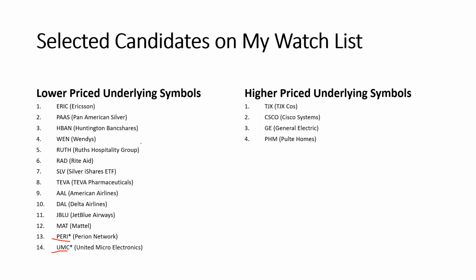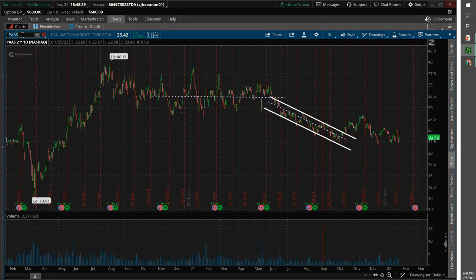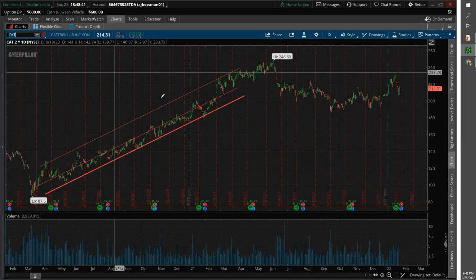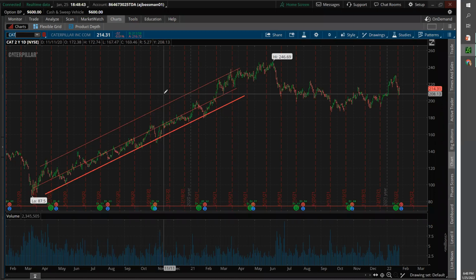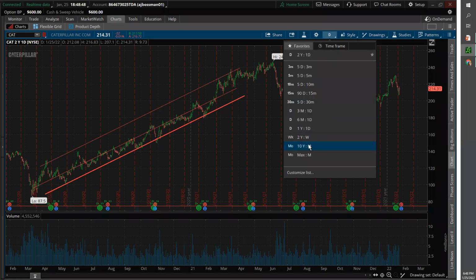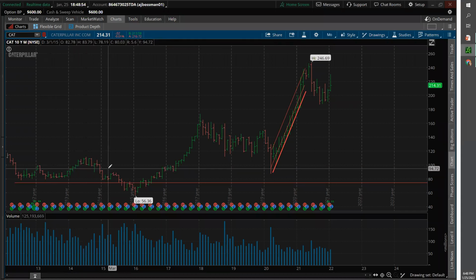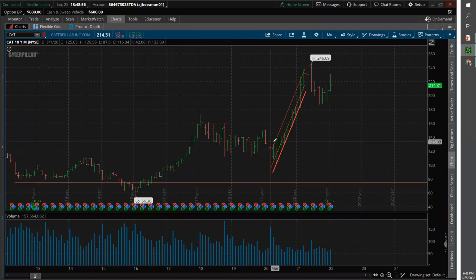Caterpillar is up; you need to have a fairly large portfolio to sell premium against Caterpillar these days, but I've been trading Caterpillar for the last 15 years. If I go back and look at a 10-year chart, you'll see these are monthly bars. You'll see periods where Caterpillar went boring sideways for years. And then you'll have these periods where something happens.